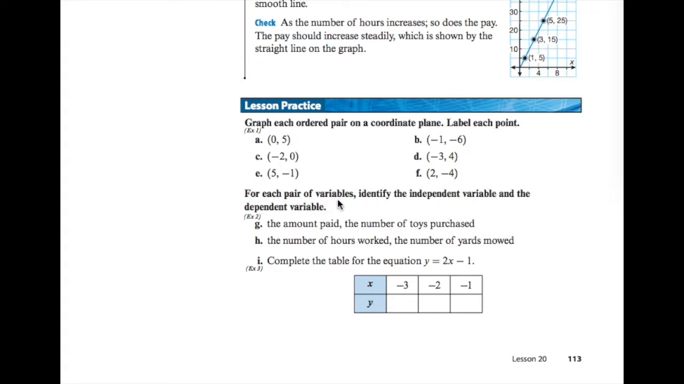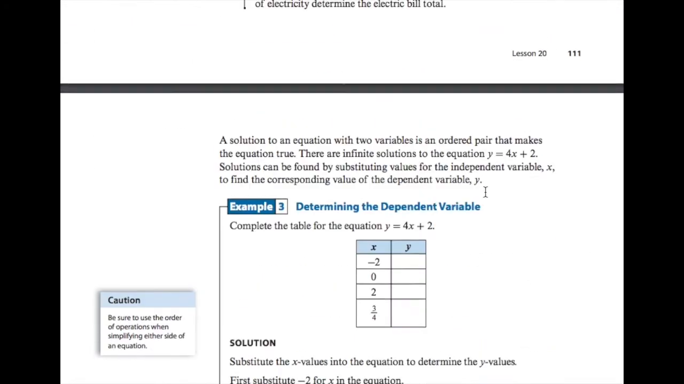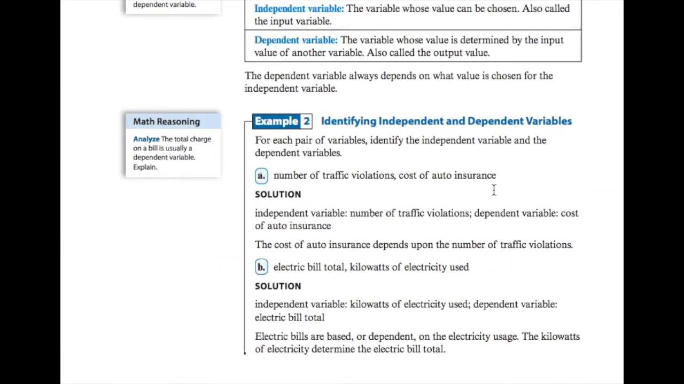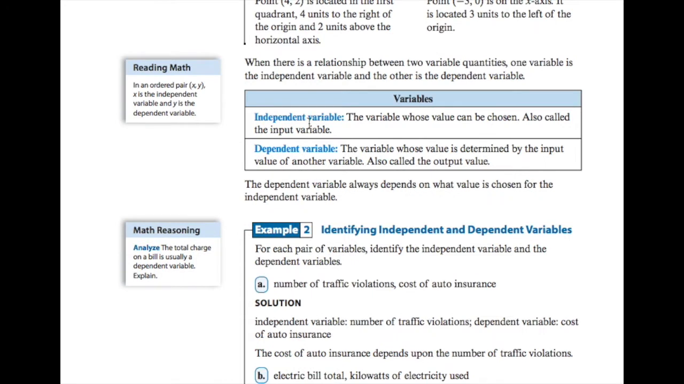It says for each pair of variables, identify the independent variable and the dependent variable. Let's quickly review what a dependent variable and an independent variable are. Back up here, right before example 2, it gives the definitions. An independent variable is the variable whose value can be chosen, also called the input variable. So it's the variable that is first put into an equation. The dependent variable is the variable whose value is determined by the input value of another variable, also called the